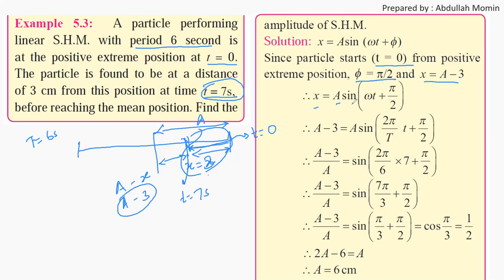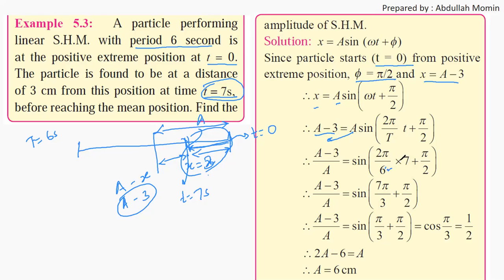So x is equal to a sine(omega t plus pi by 2). Instead of x we will write a minus 3. This a goes to the other side: (a minus 3) by a equals sine(2 pi by T